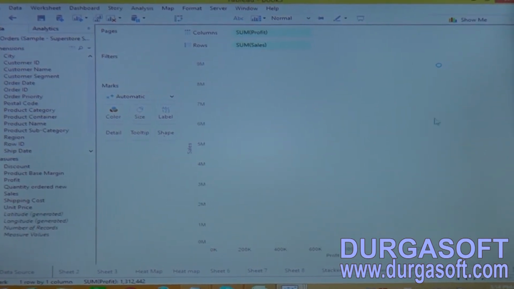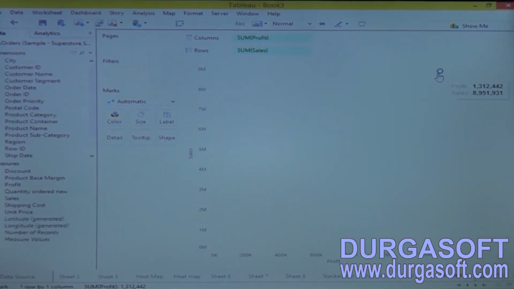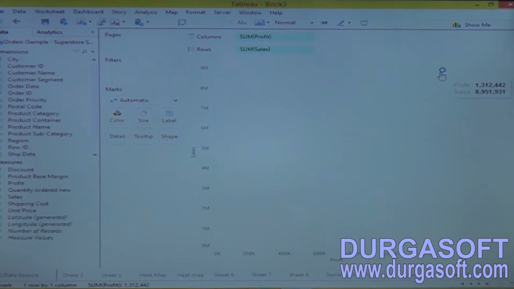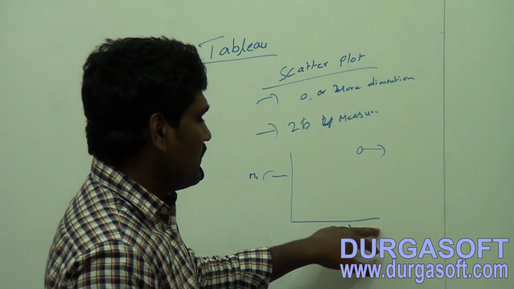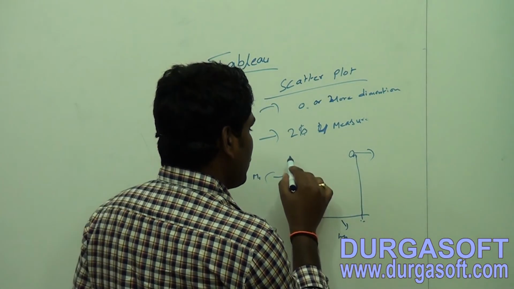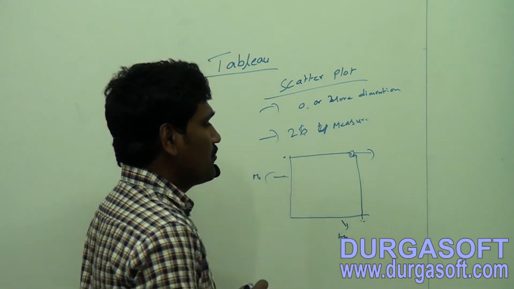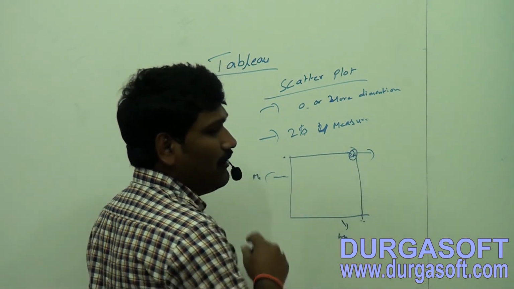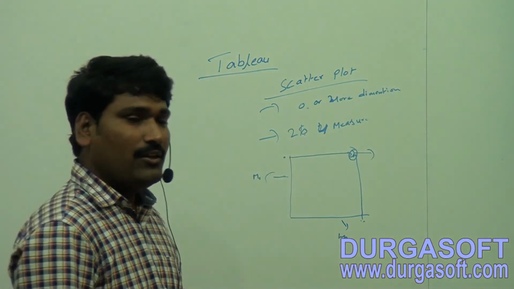Now see this, there we have a small circle, where it is representing total sales and total profit. That means the profit scale is here, the total profit here, and this represents the total sales scale here. So it gives you a circle view when you want to represent the data by using two measures.